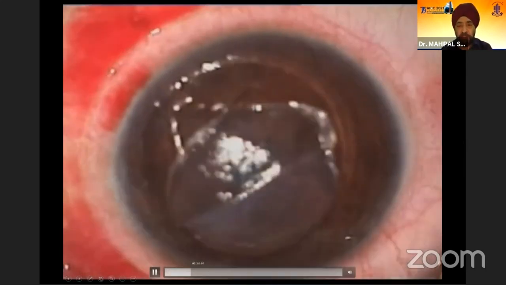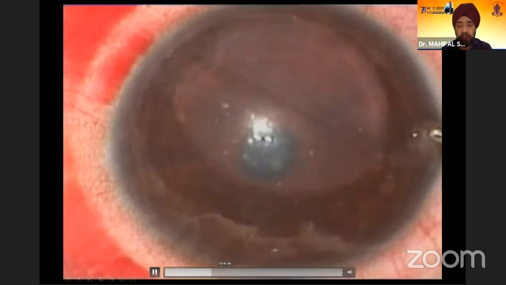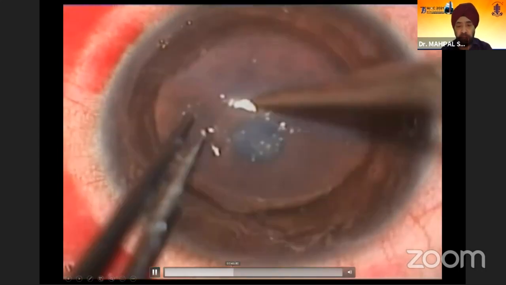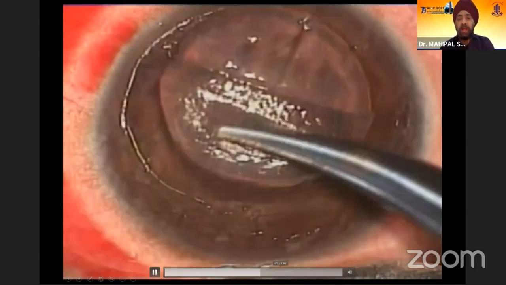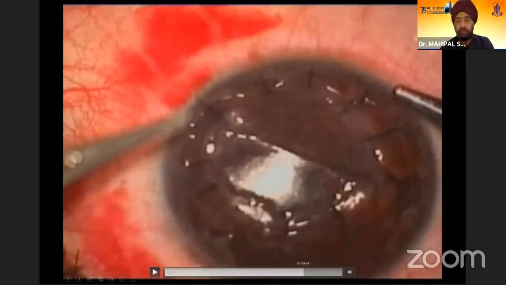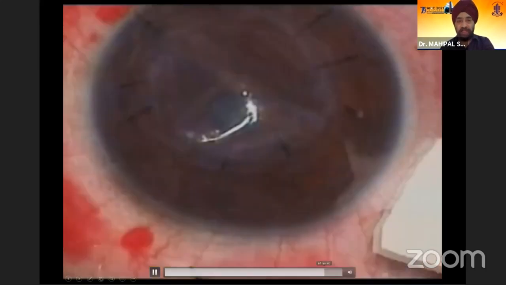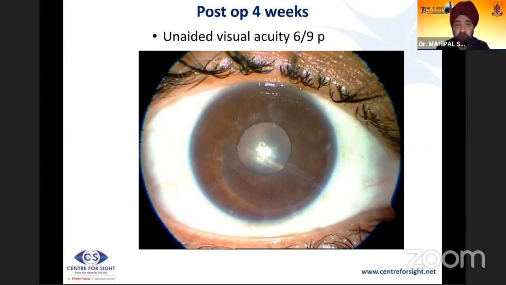Whatever you may try in this particular case, we put the biplanar flap again and tried to get it well adhered. Obviously it's edematous and would not adhere, so we put sutures to keep it in place. Once the sutures were applied, we were just leaving it with a bandage contact lens. It's an eccentric flap also. This is post-op day 1, but over time the flap started to melt. At 3 weeks post-op, we threw away the flap, and the cornea has a lot of plasticity, and you can see the edge because of that. The patient did regain good workable vision.